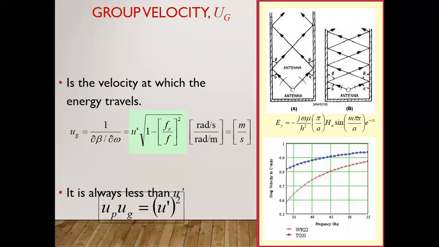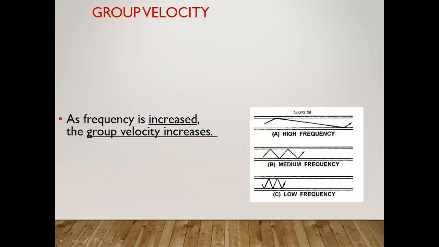See here the parameters, how you can calculate the velocity at a particular energy when it is traveling. So how you can calculate the group velocity, or you can say the group velocity in short. That is nothing but the propagation constant and angular frequency. With the help of the normal and the cutoff frequency you can calculate easily, and you can mention the units. Similarly, the group velocity as well as the propagation velocity is mentioned here. In this way you can calculate the velocity of propagation.